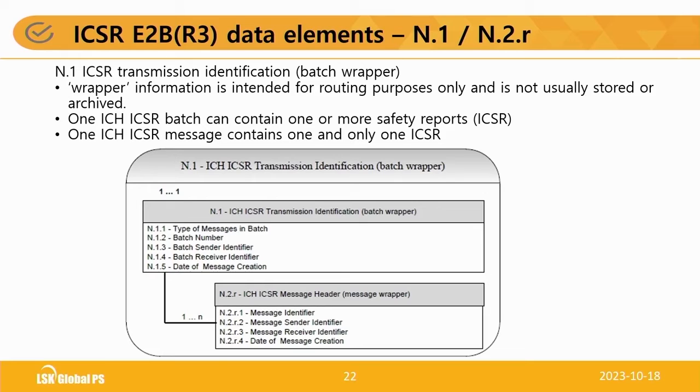On the next level, we have N2.R, which would be the headers for the many messages or the many letters that go into the one wrapper. So multiple ICSRs might go into one wrapper, and in Korea sometimes these batch wrappers are used for reporting a